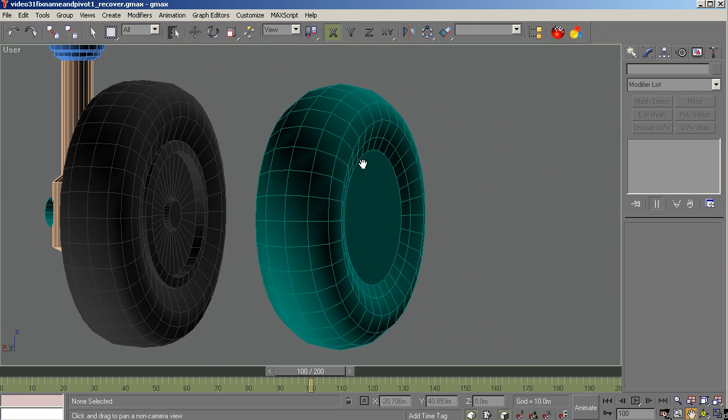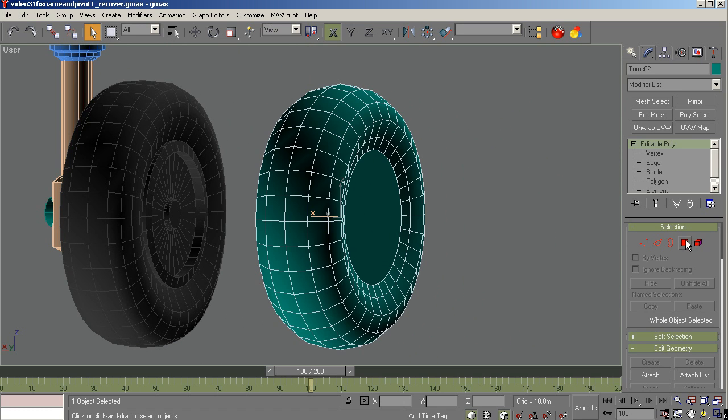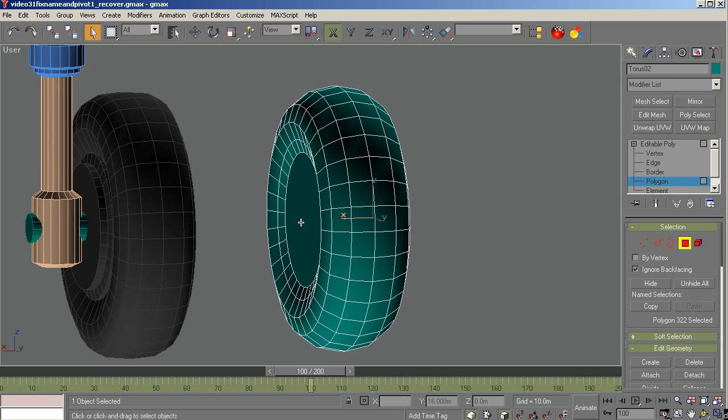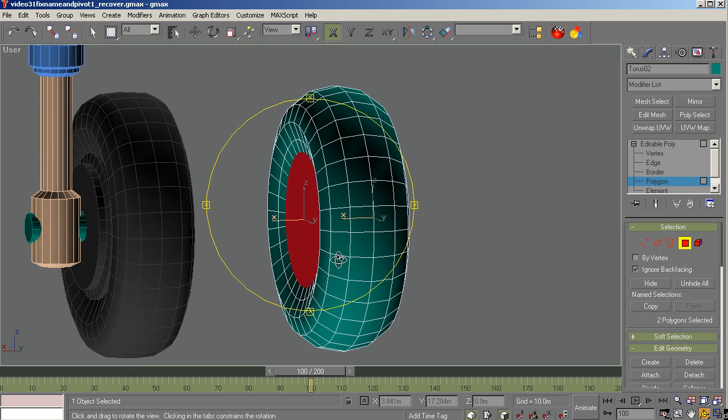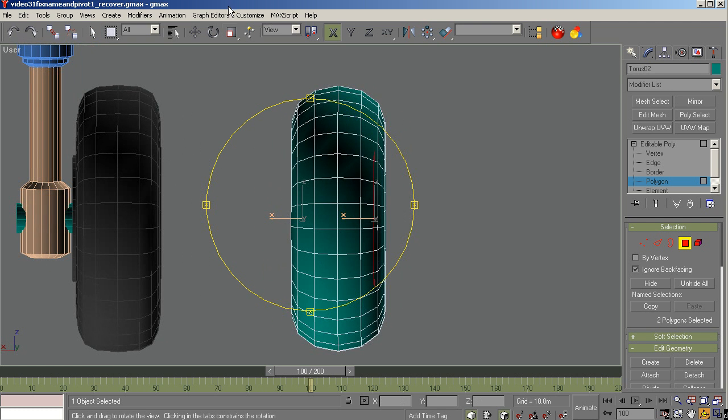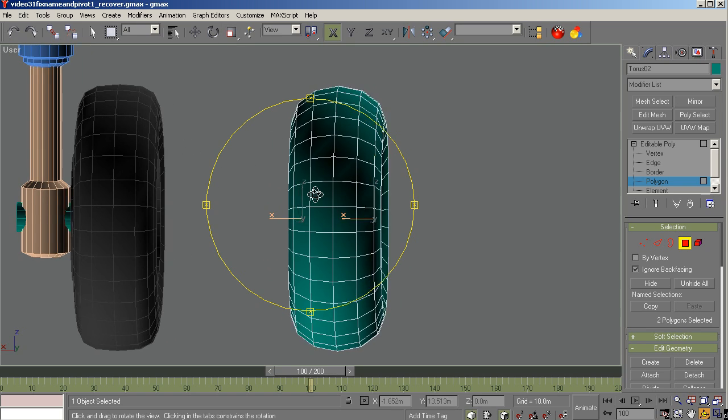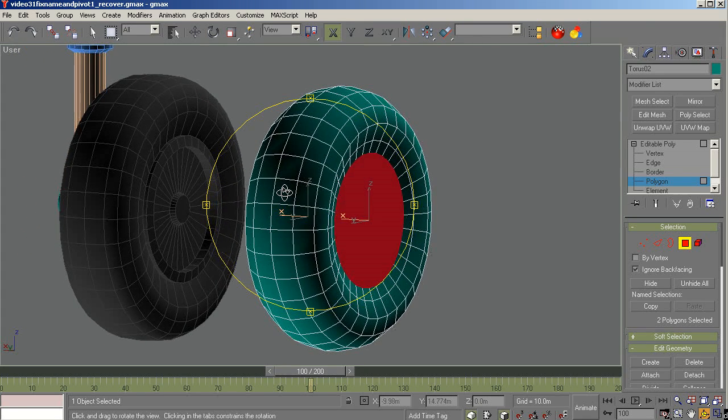So now that we have this, how do we get to this? That's where we'll pick up on this, and we're going to go to ignore back facing and select both sides. We're going to do both sides the same, then we'll come back and modify this one. Actually, we can do one at a time. No, it's easier to do both, because when you're using the non-uniform scale tool, it keeps everything in balance, and you can actually do it one side. Let's try it. I haven't done it this way, but